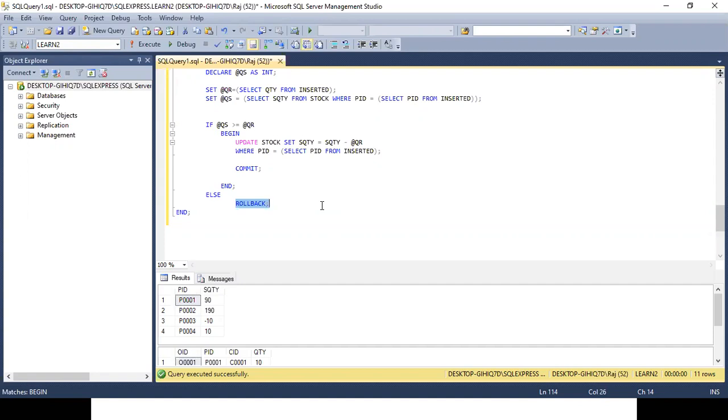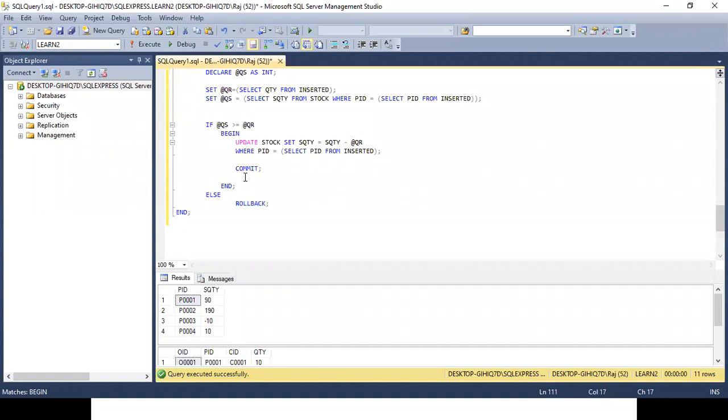So the record was inserted into the orders table, but because of the insufficient quantity, that insertion has been rolled back. The record was there in the table, then it moved out. Undo. Can you understand this point? So this is the proper utilization of rollback.